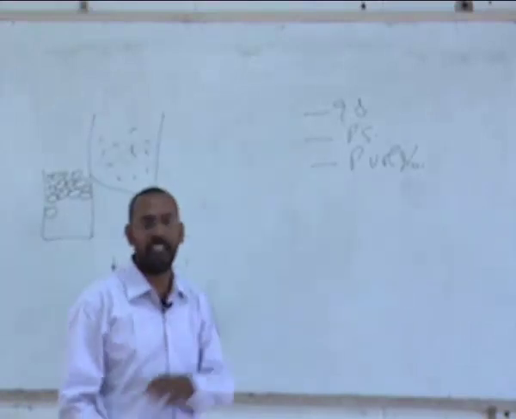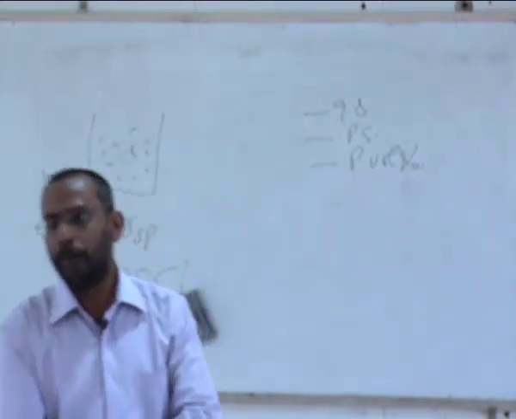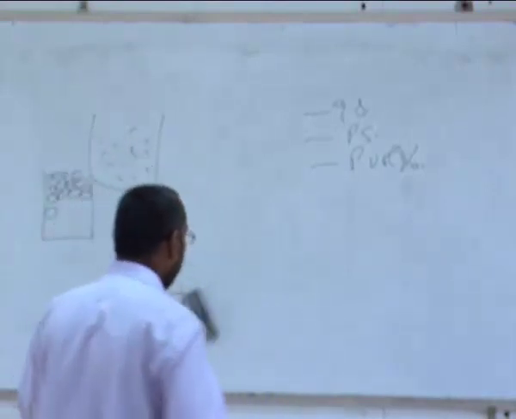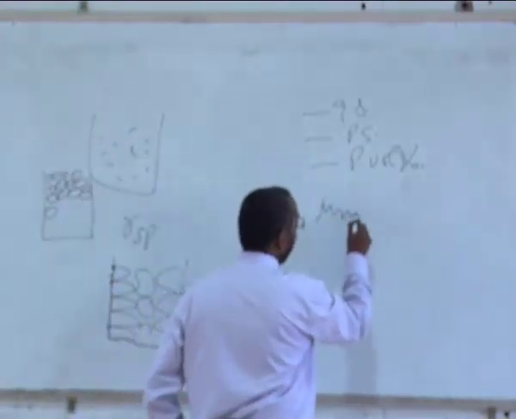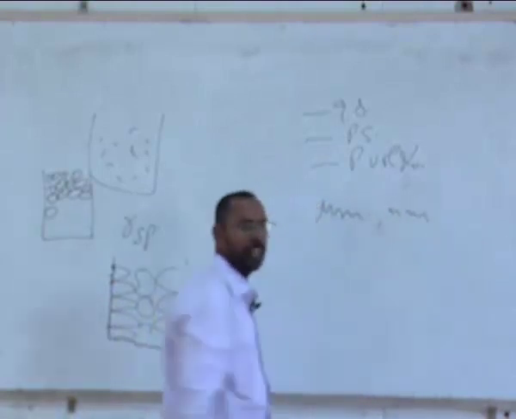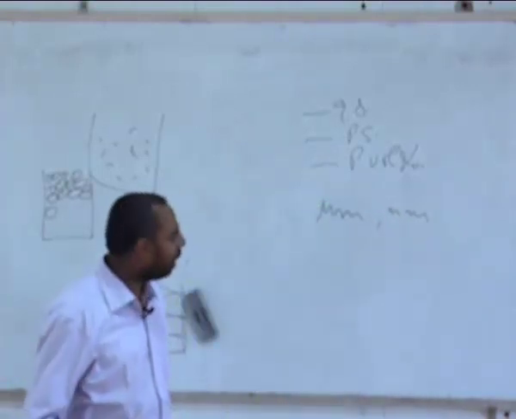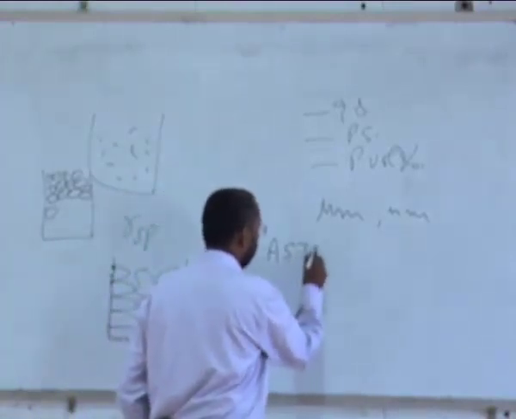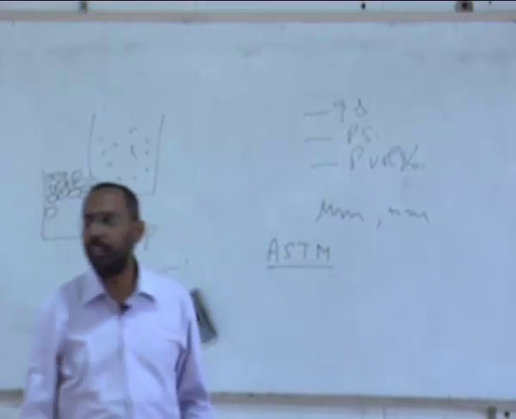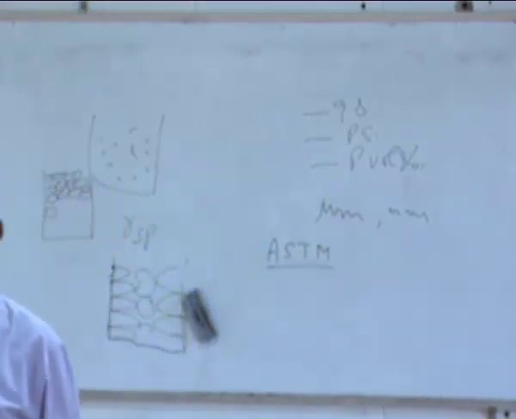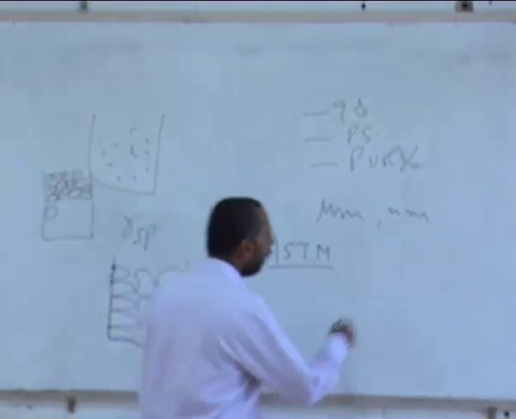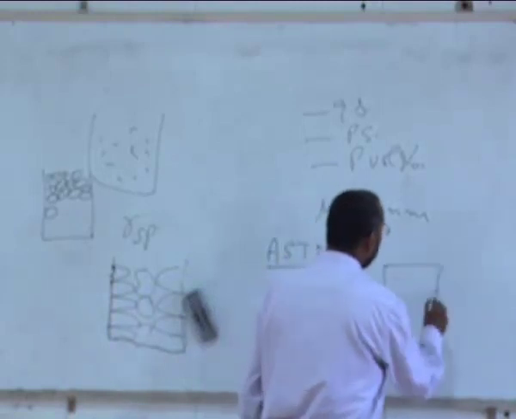For example, grain size is usually measured either as a number in terms of certain size, in terms of certain microns or nanometers or whatever it is, in terms of certain dimension, or given in terms of what is called an ASTM number. The American Society for Testing of Materials has given what are called grain size numbers.